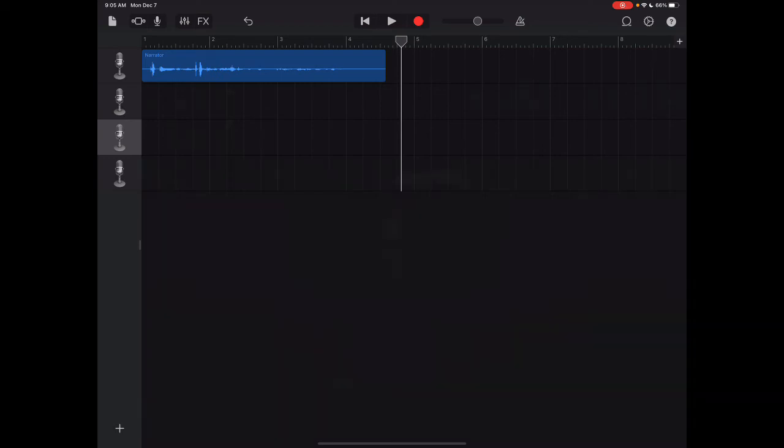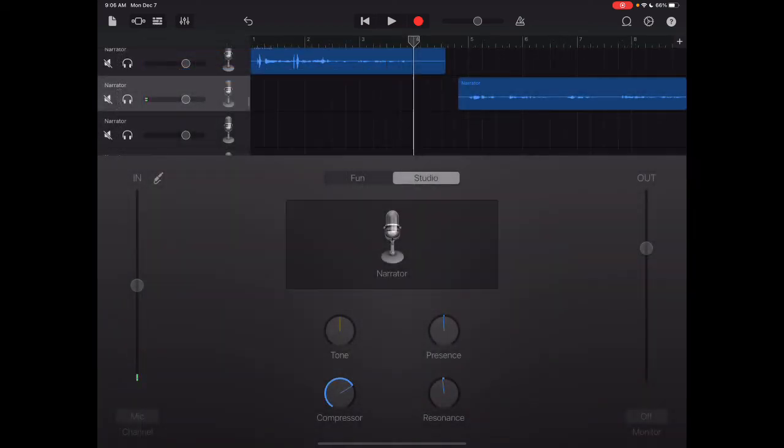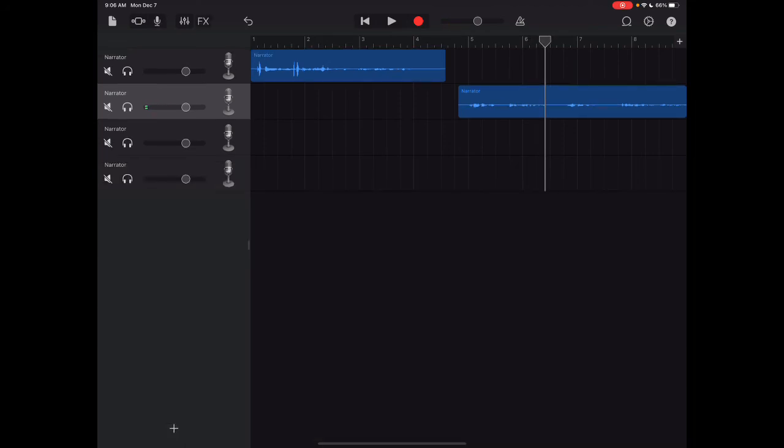All right, I'm going to go ahead and record these. So I recorded a second track here. So GarageBand itself does have a lot of different features. All right, so we have the multiple tracks there going. Now, if I'm going to record more tracks,